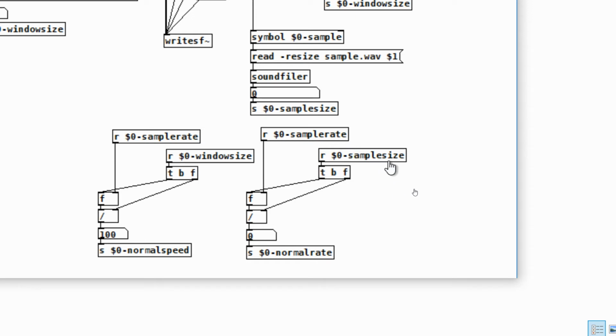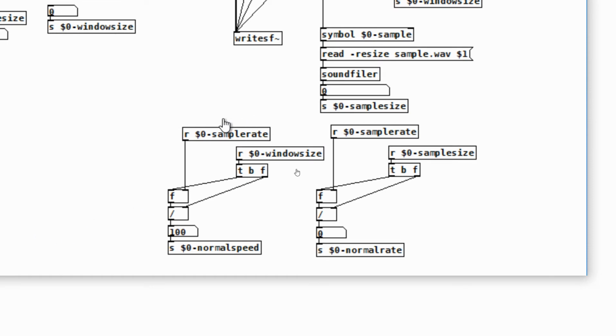Over here, this is the same calculation where sample rate is divided by sample size, and we get our normal rate. But then we get something else here. We have sample rate, and this window size gets received here. And so we divide the sample rate by the window size, and we get something that I'm calling normal speed. Now, what a window is